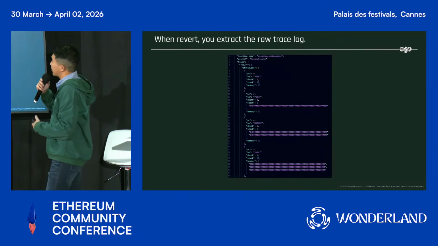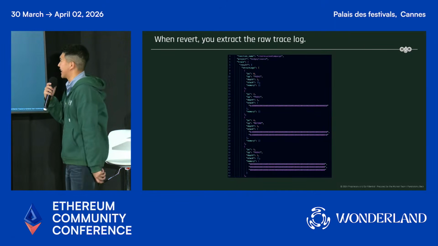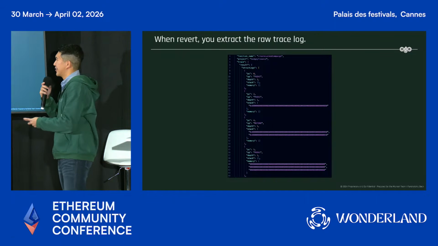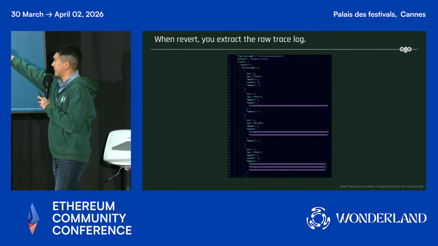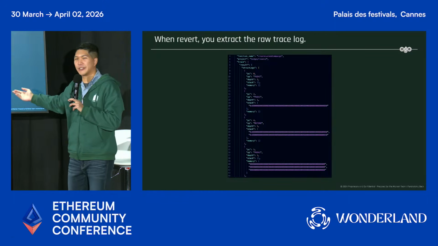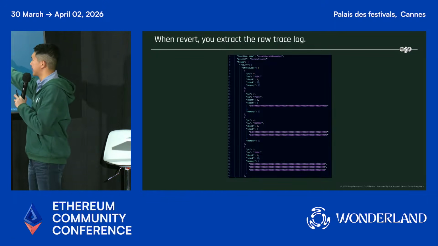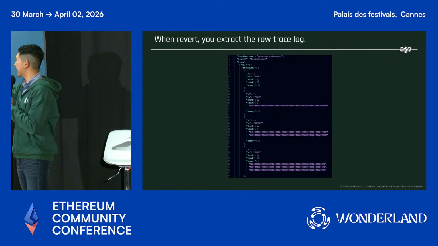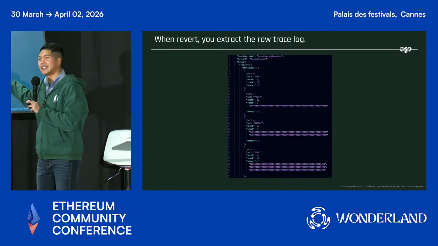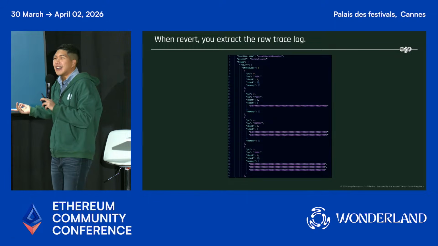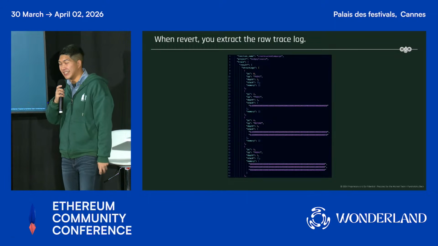So one thing that I encountered back in time was getting the execution trace. If we get the raw trace from the EVM or using the Anvil debug trace, we will get something like this, which tells you the stack, the opcode, and the program counter, all these things. This is not a chance. I don't even understand it. How would the LLM understand it? The LLM doesn't understand it this way.